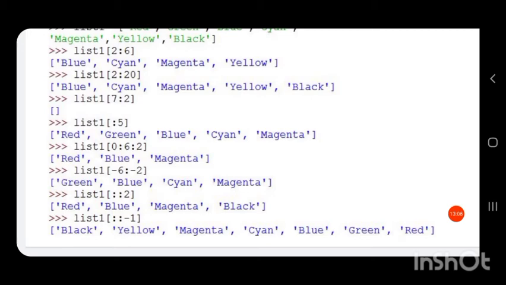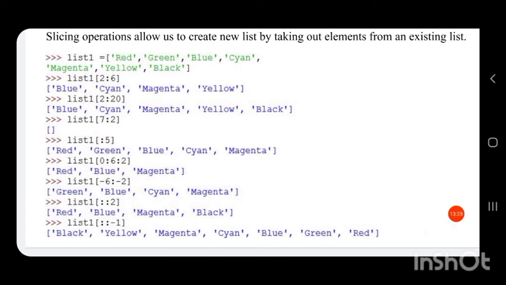So after 0, 1 should be skipped, then the next value, 2. 0, then 2, then 4, then 5. Likewise we are adding just 2 to the index value, and only the elements at those index